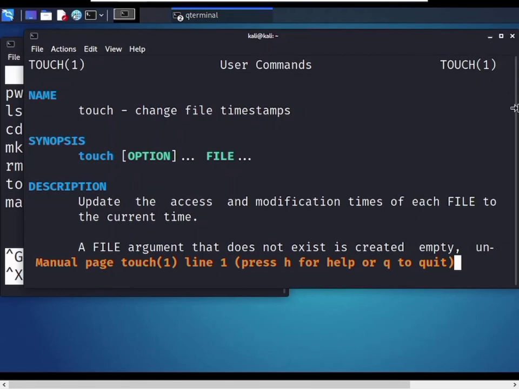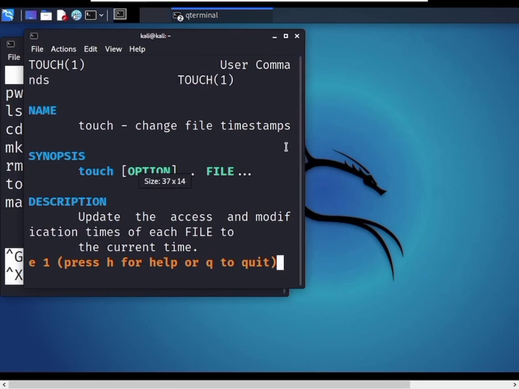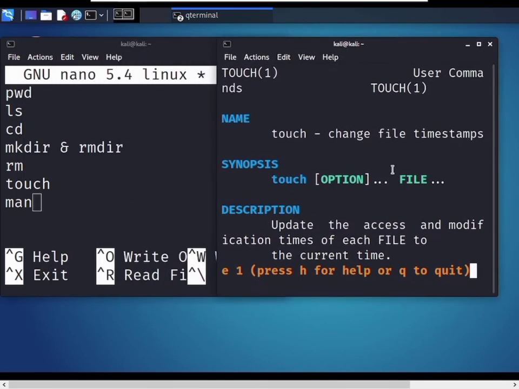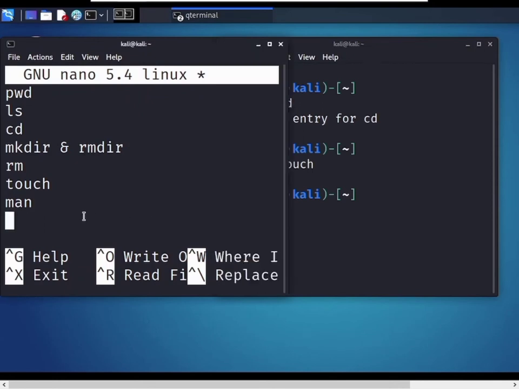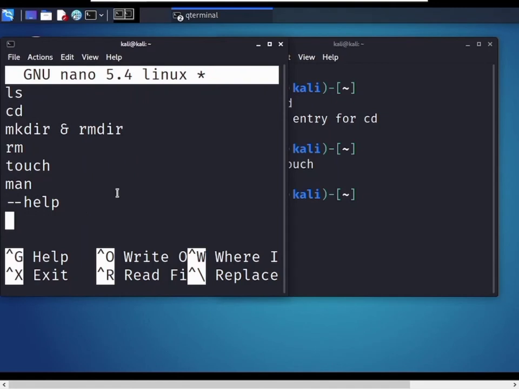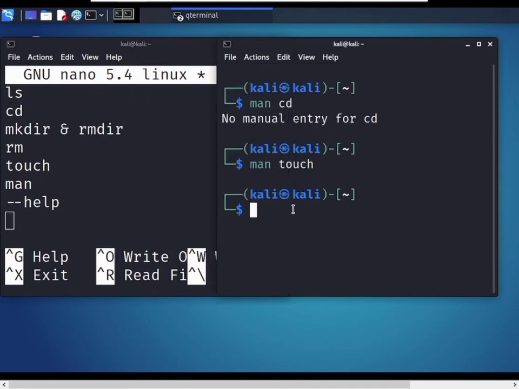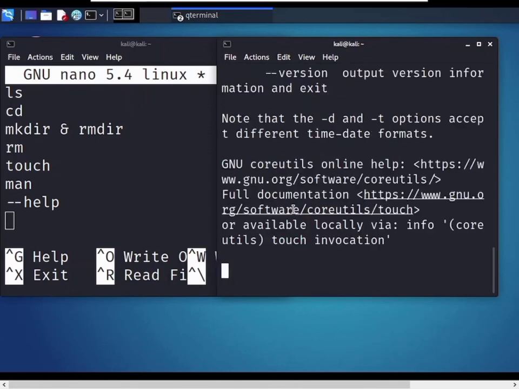Now let's move to the next command. Let's move to the help command. Help. How to use the help command with touch.